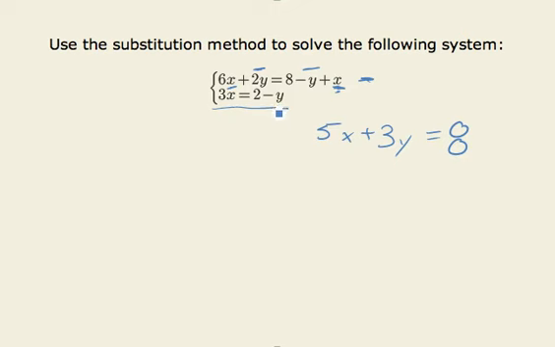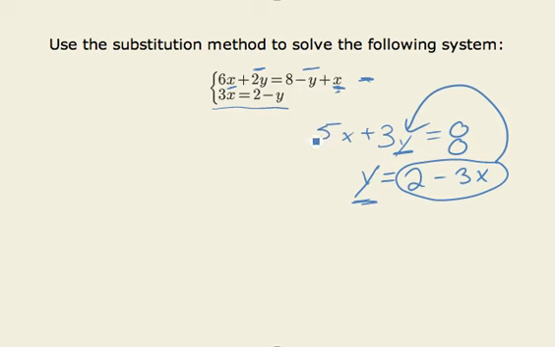But let's go ahead and put it in the form y equals something, and that'll be all set up for our substitution. So why don't we go ahead and add y to both sides, subtract 3x from both sides, and we'll have the form y equals 2 minus 3x. Now we can go ahead and do our substitution. We'll take this value of y and plug it in right there. So we'll take 2 minus 3x,